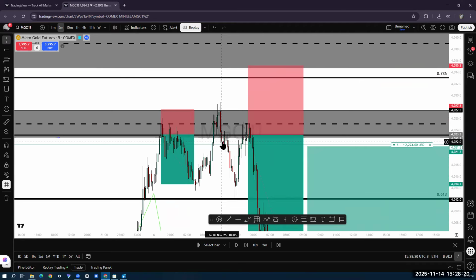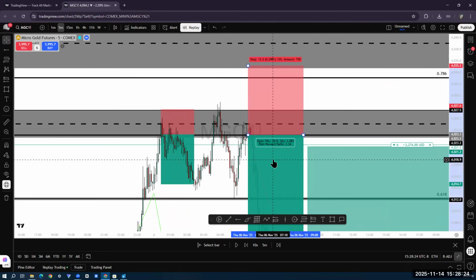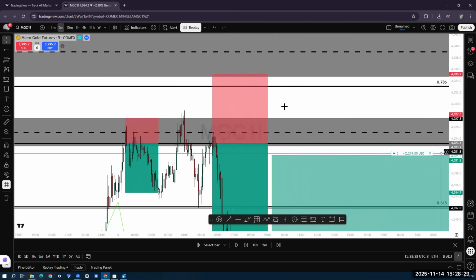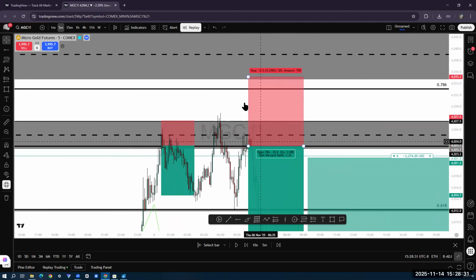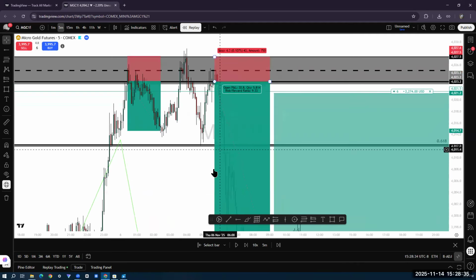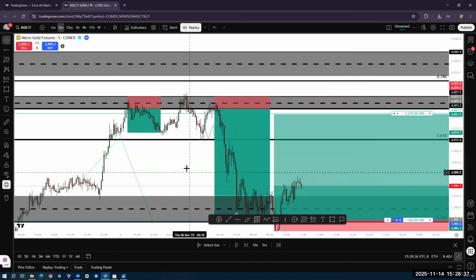But me personally, I'm not gonna take another trade there. I'm gonna wait for the retest because I be kind of scared sometimes. So if I'm on the 5 minute, I would have waited for a retest. And as soon as price retested on the 5 minute time frame, I'm taking the exact same trade again. Boom, right on the retest.